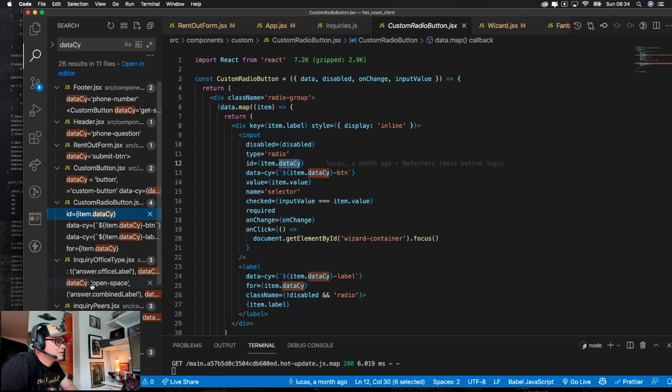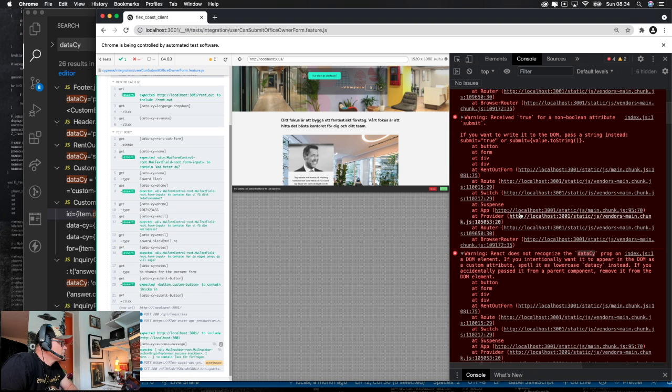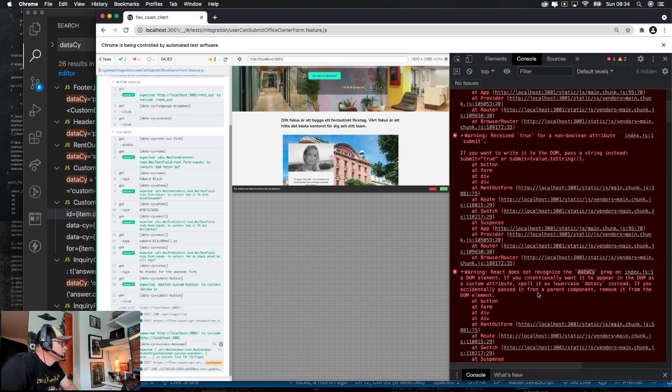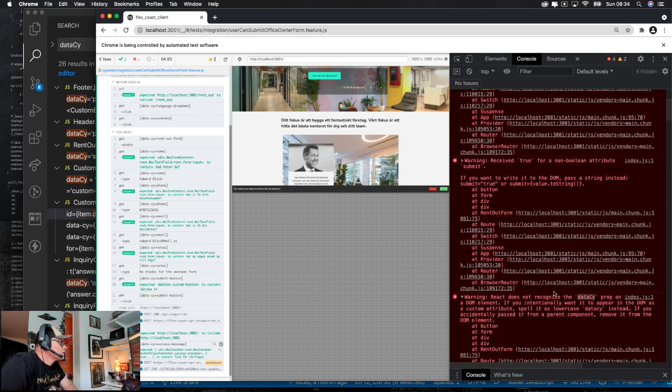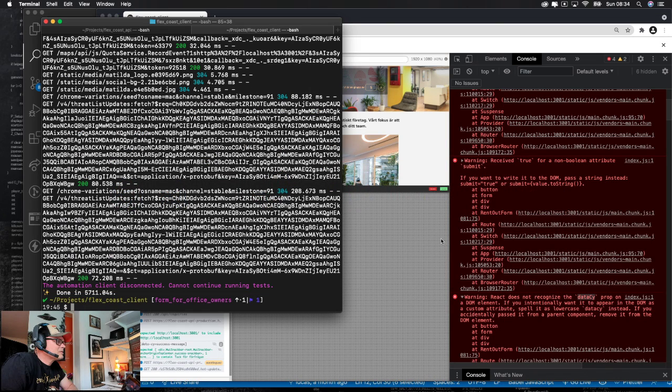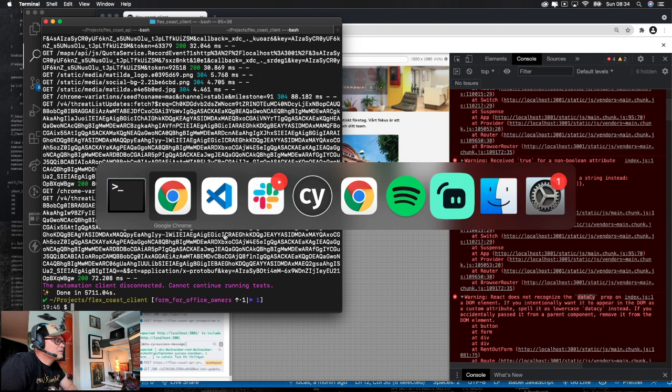Right. Shit. This is so boring to look through some code for. Is there no output here? I need to see some.